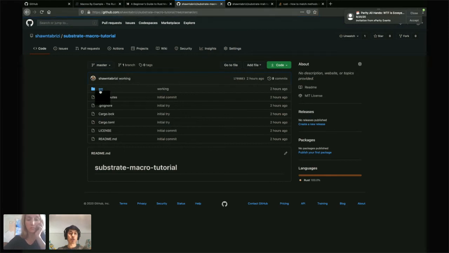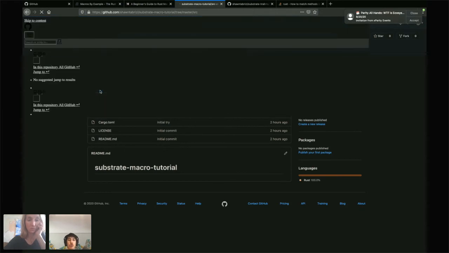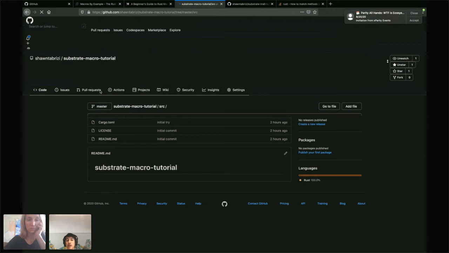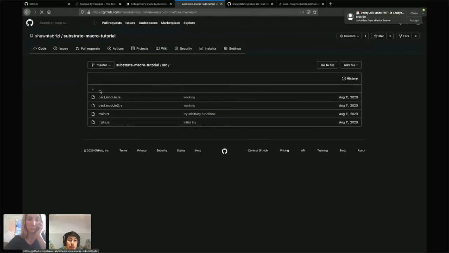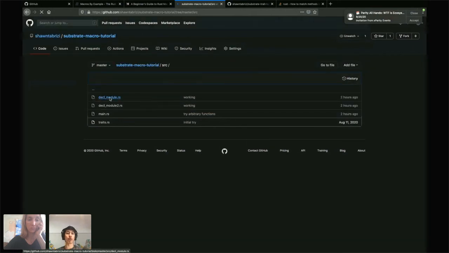But what I want to show you is, I think macro magic is one of those things that's hard to overcome. Inside of macros is syntax that's not real Rust. It can do things that you're not sure about. Why do we use macros? All these kinds of questions. And I wanted to show you a naive implementation of declare module, not actually doing any of the more powerful stuff, but doing something simple like implementing onInitialize.